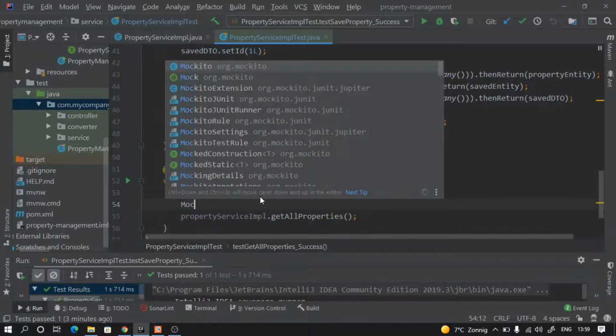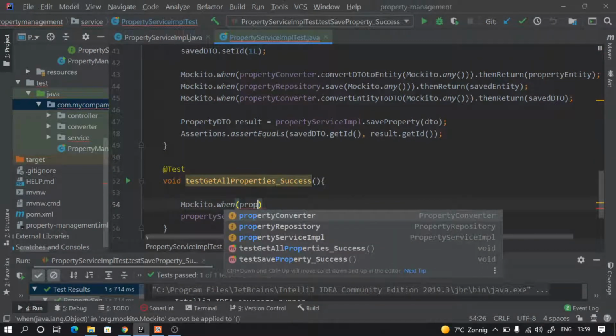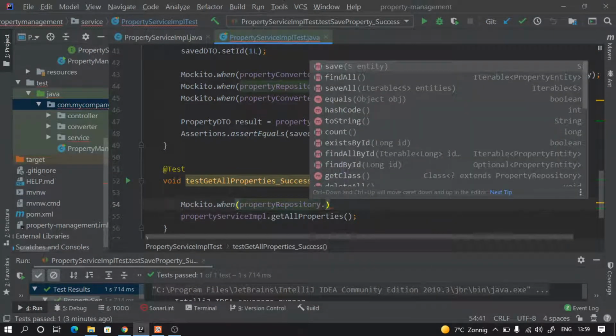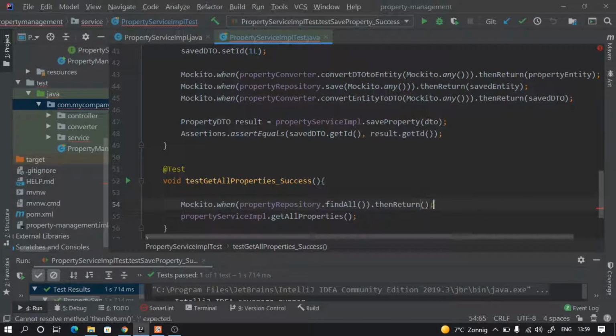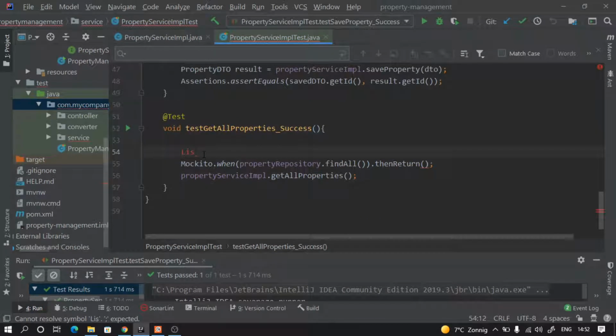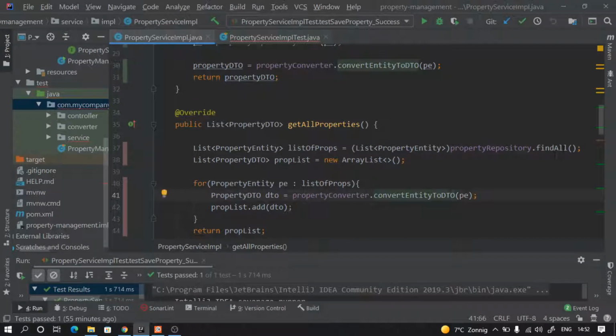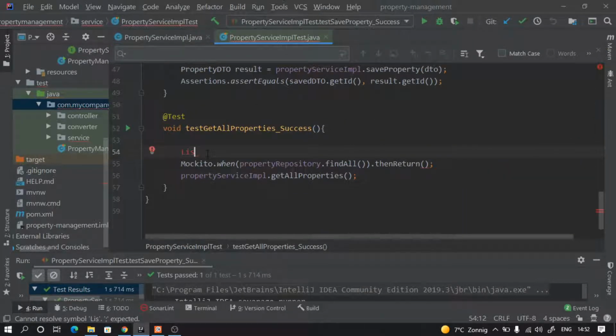So we'll say Mockito dot when property repository dot find all is called, then return. We are going to return a list. We have to grab the data that is returned. So let's check here. If I click here and press control space, it says it returns an iterable of property entity. So here we have to go and say